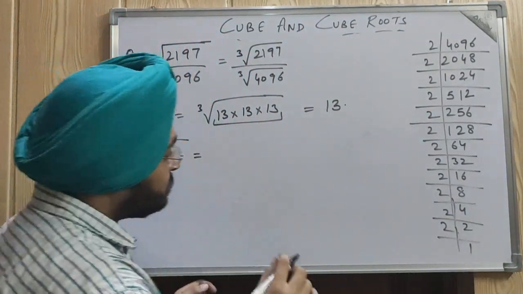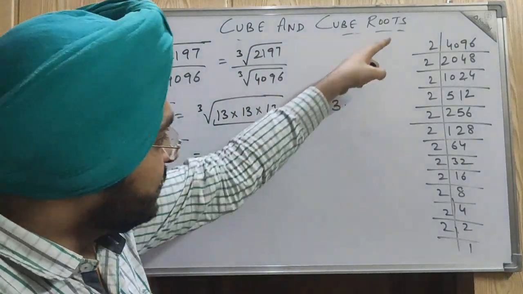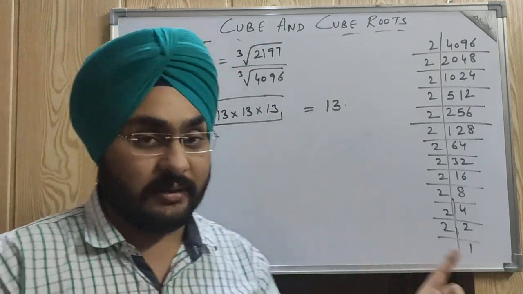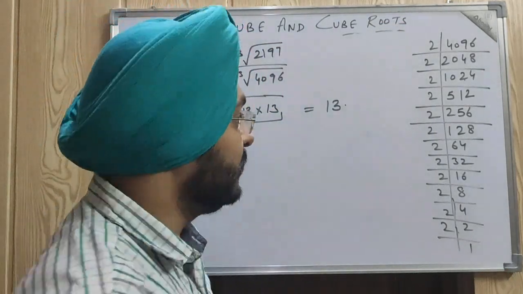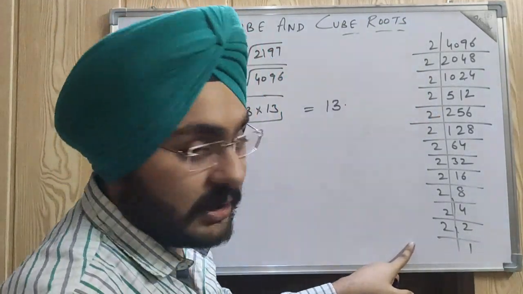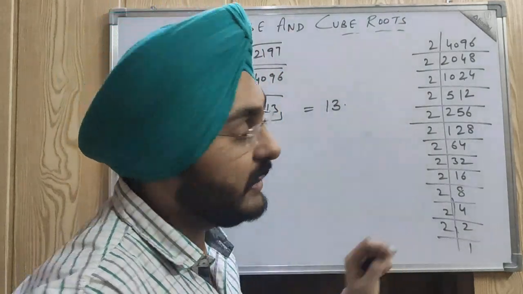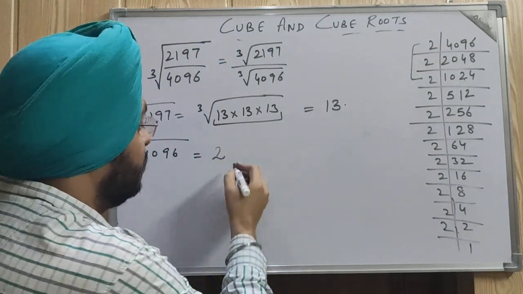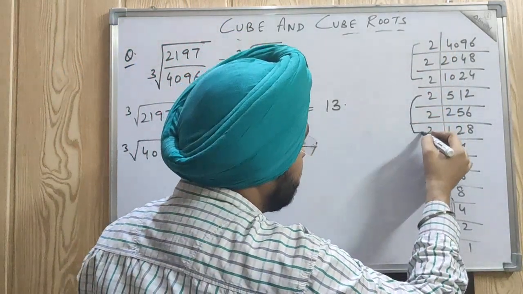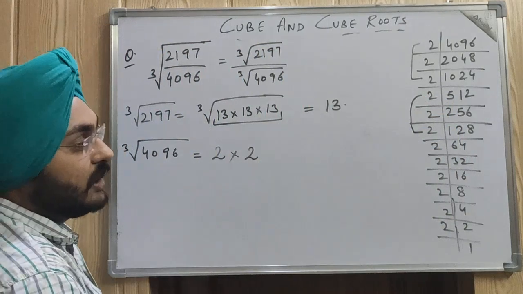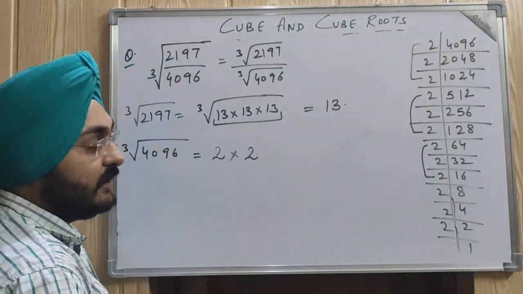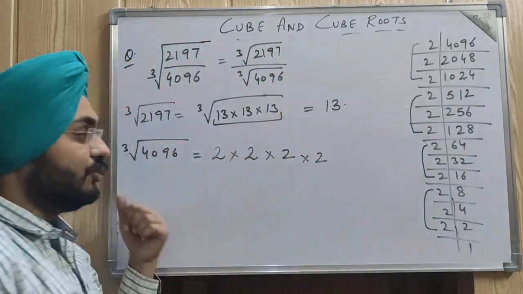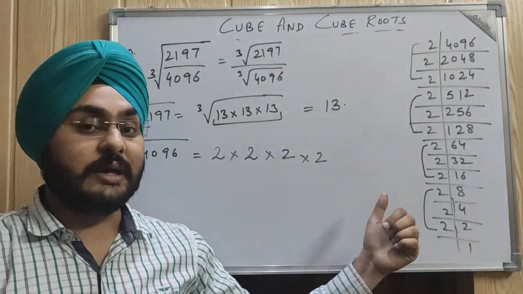Now in these types of questions it will be very difficult for us to write all these 2s here again. So you can do it the simple way here. Start forming the triplets here only. This one is the first triplet of 2. Just write 2 only. Multiply. This one is the second triplet of 2. Write 2 again. Again this one is a triplet. Write this 2. Again this one is a triplet. Write this 2. So this will be easy for you to calculate.